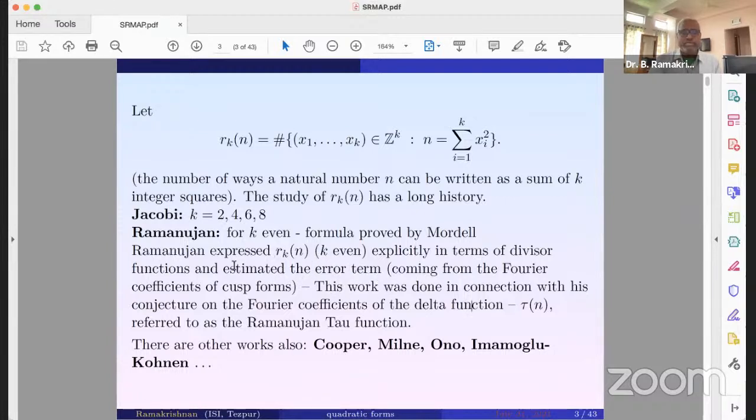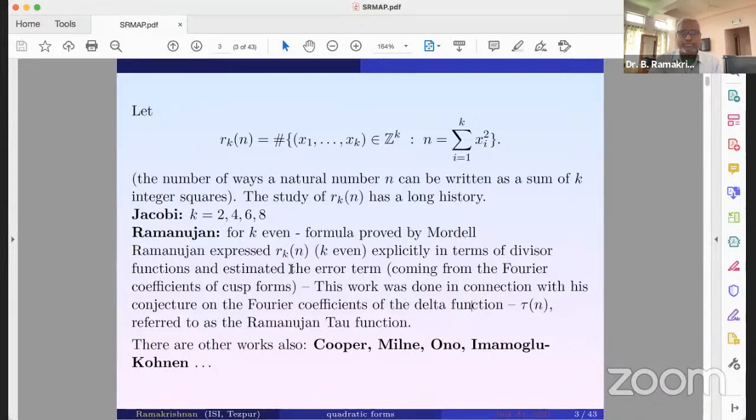Why he took up this particular work in that paper: it was done in connection with his conjecture on the Fourier coefficients of the delta function, which is the Ramanujan tau function. He gave an estimate, that is the conjecture of Ramanujan. Later it was generalized as the Ramanujan-Petersson conjecture. It was solved by Deligne. So in this connection, he